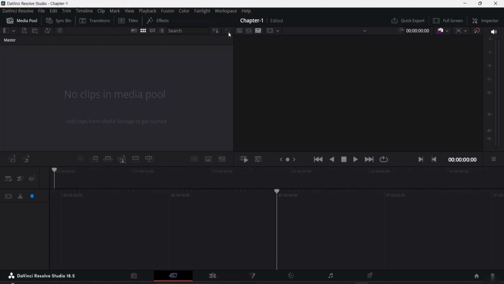In the next class I'll be telling you about the workspace in which we are going to work. Here you can get an idea of this particular frame. If you have used Adobe Premiere Pro, sometimes you might feel this setting is kind of like Adobe Premiere Pro, and sometimes you might feel this is a feature of Final Cut Pro, which I have used before. So if you're familiar with video editing,